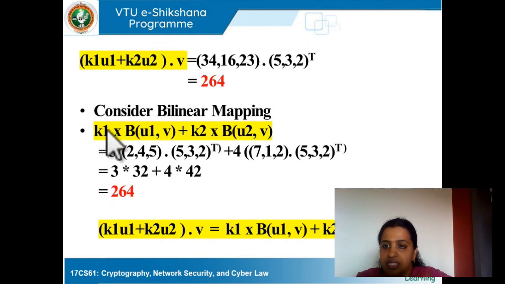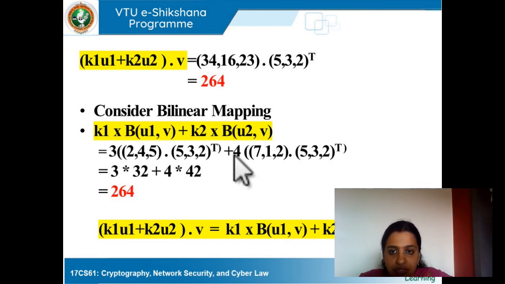Now at the RHS we have seen that it is K1 into bilinear mapping of U1 and V, and K2 into B of U2 and V. Now first let us see by substituting the values. We know K1 is 3 and U1 is 2, 4 and 5 and V is 5, 3 and 2. First we will perform the dot product of these two, through which we will obtain 32, and